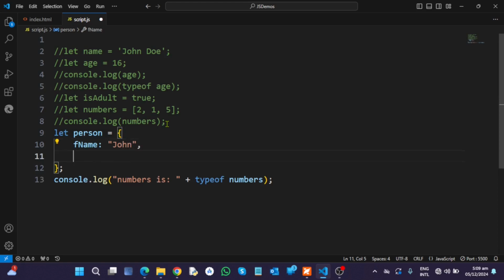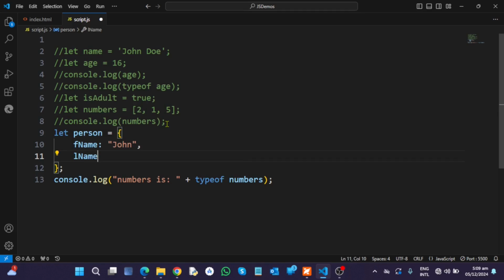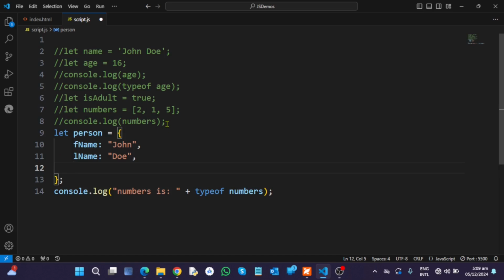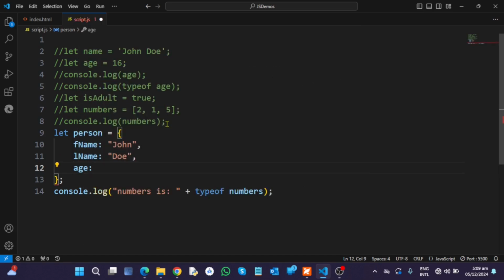and L name is going to be Doe, and finally age is going to be 16. Right? So here, for us to actually access this,